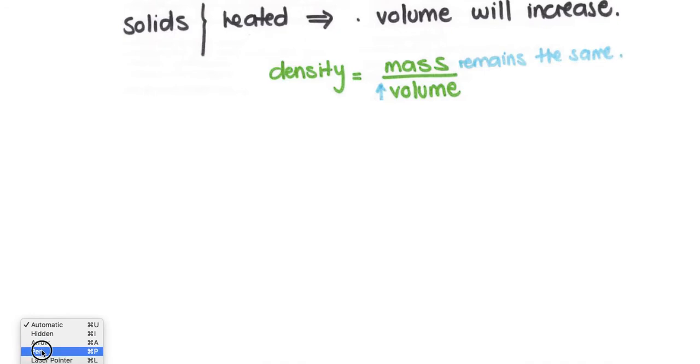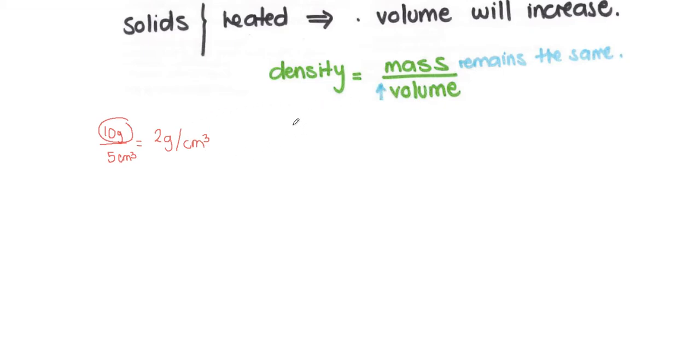So let me use a pen here. So I'm going to put some examples here, okay? So let's say that I have a mass of 10 grams and a volume of 5 cubic centimeters. If I do that, what is going to be my density? My density is going to be 2 grams per cubic centimeter. Agree? Okay, if I leave the mass the same, I'm going to leave the mass as it remains, but I'm going to increase the volume.